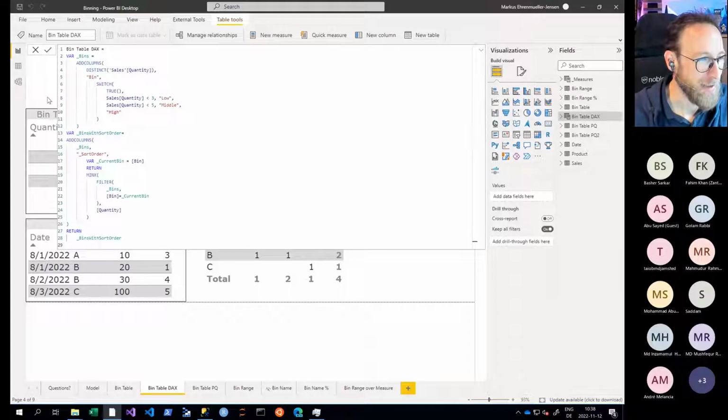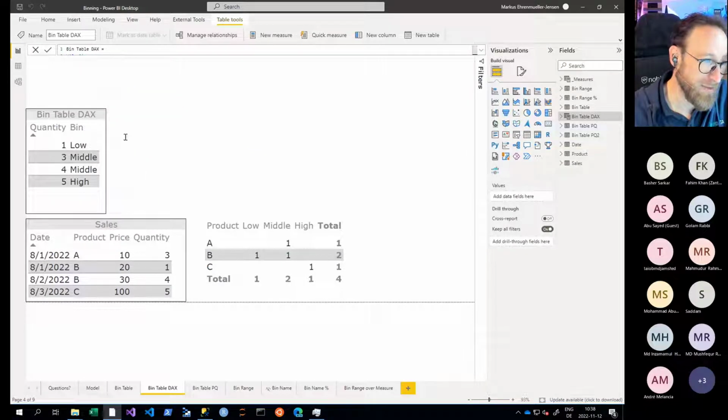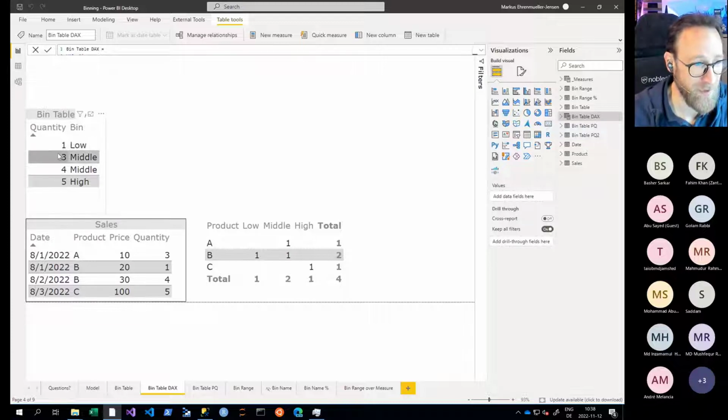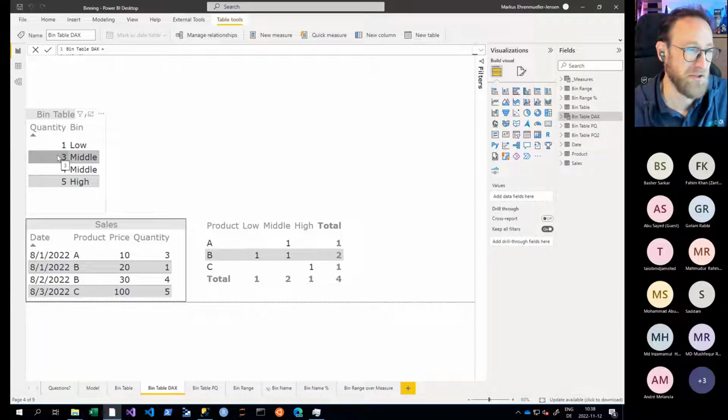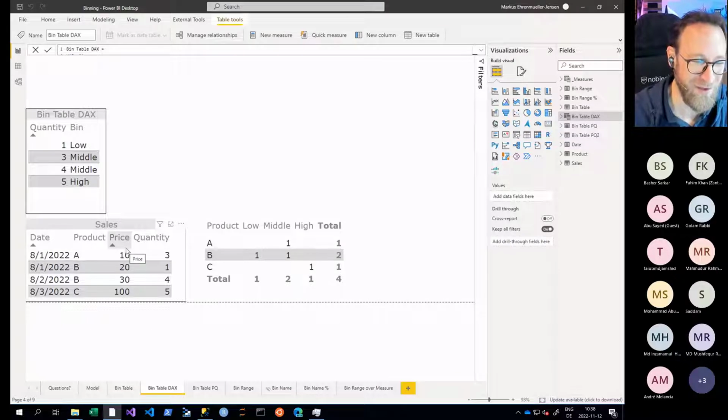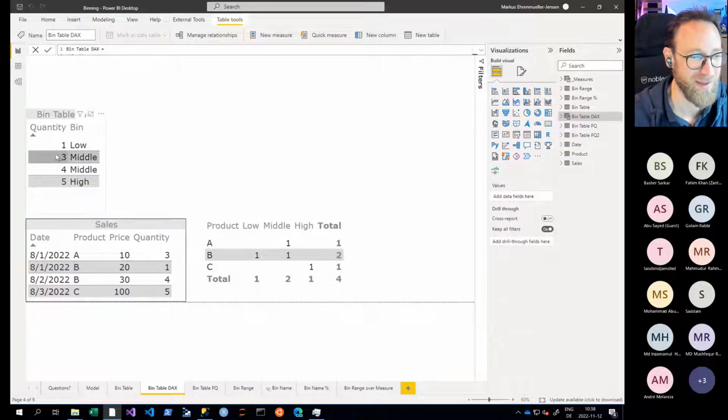So this is the table coming up here. This table has two disadvantages. One is that looking at it is a little bit weird because there's gaps, but those gaps are no problem at all, because these gaps result in gaps in here. We don't have a quantity of 2, so I don't need it in the bin table. As soon as some sale appears with a quantity of 2, this will be automatically added here through the